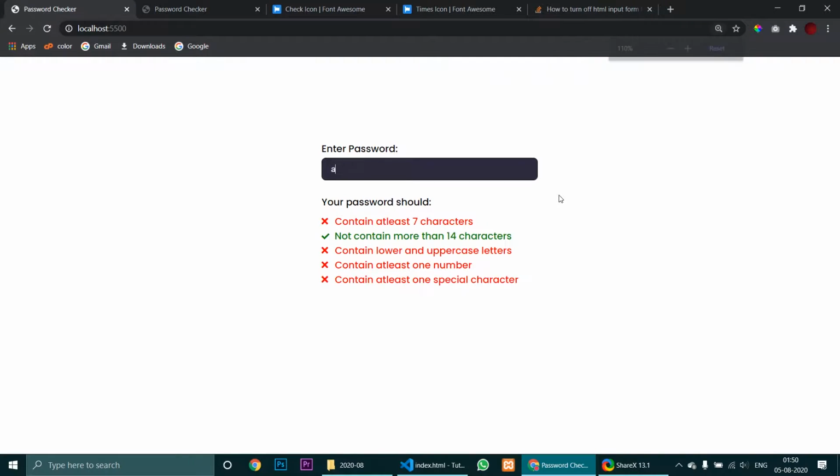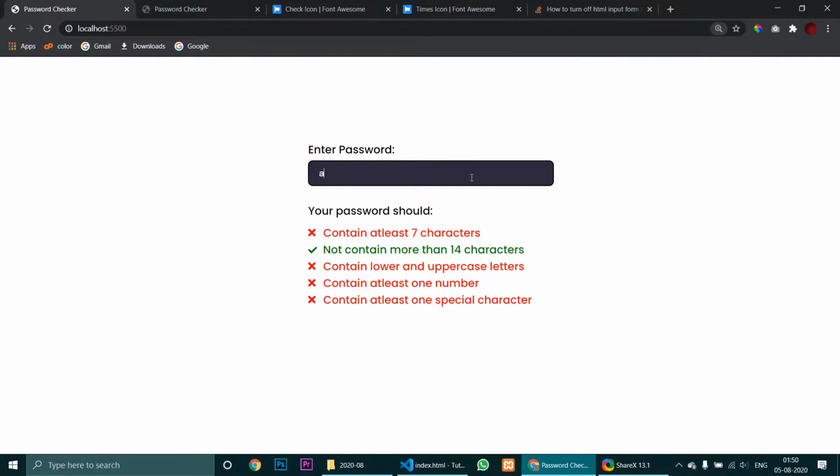Yeah. So now as soon as I press characters, the conditions are checked, and whichever condition is satisfied, it just works like this. So now I enter a number, I enter a special character and 3 more characters, and now all the conditions are satisfied and everything has turned into green. And as soon as I press backspace, conditions which were satisfied are now not satisfied and everything goes back to red. So this is what we'll be creating today. So let's get straight into it.